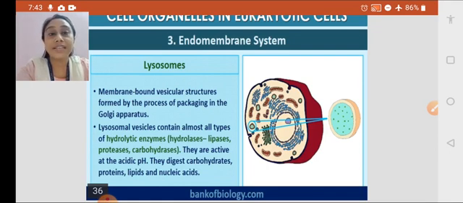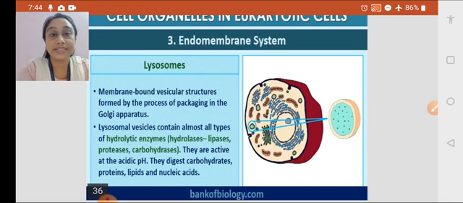These are present in the cytoplasm. These lysosomes contain the proteins and the lipids which come from the Golgi apparatus. This lysosome basically consists of the breaking enzymes, the lysine enzymes, which will break down carbohydrates, proteins, lipids